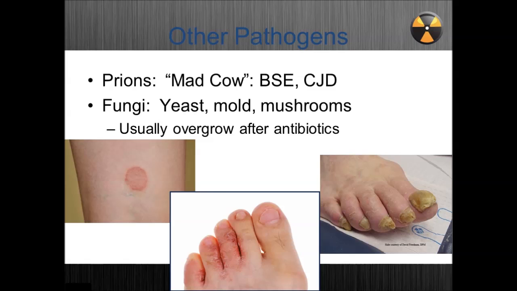And so, I don't know if you remember, 15 years ago, there was a big problem with that in England, and the United States banned any import of beef from England because they were struggling so bad. It's tough to kill that organism. We haven't seen that here for a while.